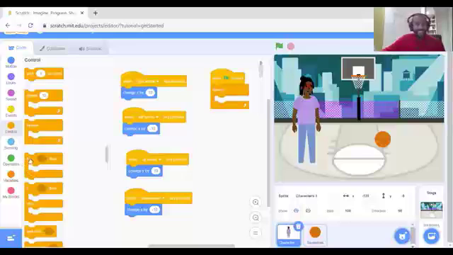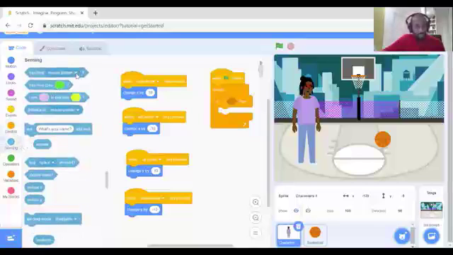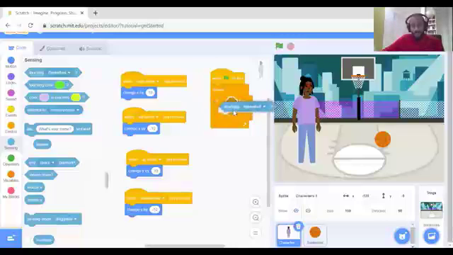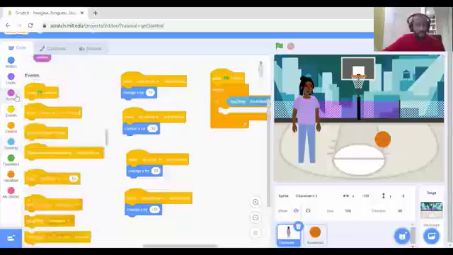I have to pick which one I want. But we're going to click if, and I'm going to put that in my forever loop. And you'll notice there's this cool little shape in the middle here. If it touches basketball, so if my character touches the basketball, I'm going to put my code in this little shape here. So when I click this flag, all the time, if my character, which is character 1, touches the basketball, I'm going to have